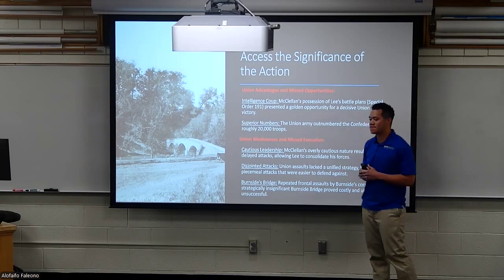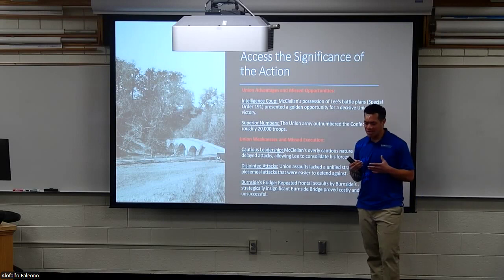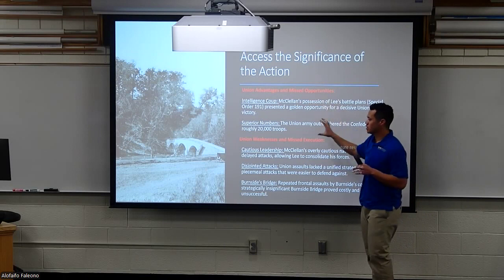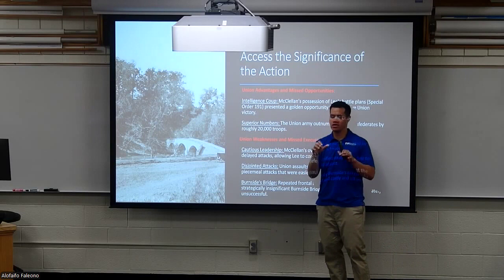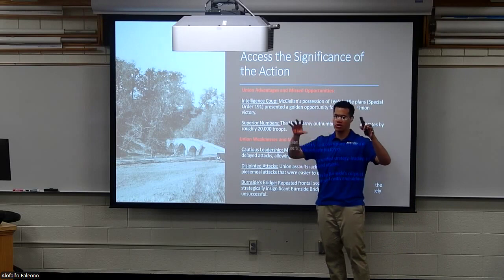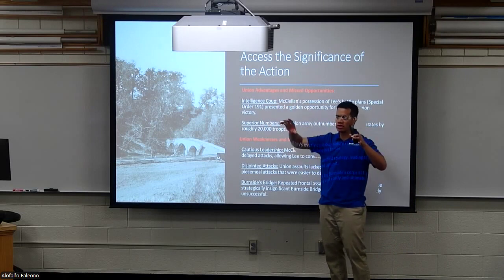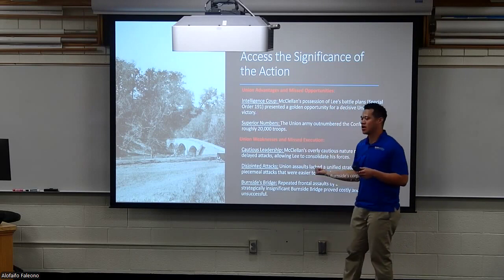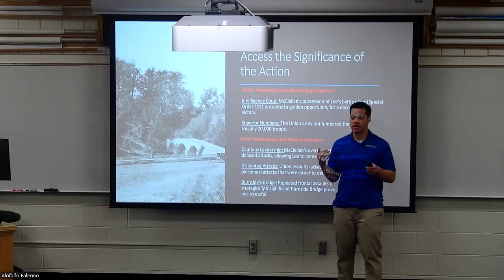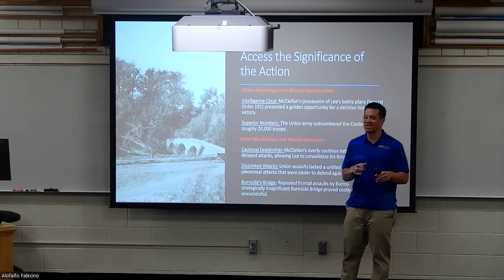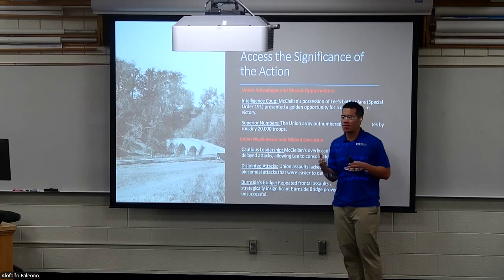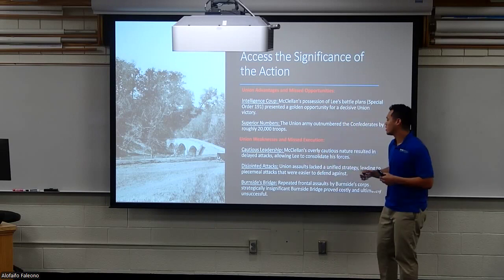Disjointed attacks. McClellan only gave orders and a picture to his three commanders of the different areas on the battlefield for their specific area. He didn't give them a larger picture over what he wanted to accomplish around Lee's defense. And this didn't help as it led to disjointed attacks between their officers in adapting to what Lee's defense responded with.